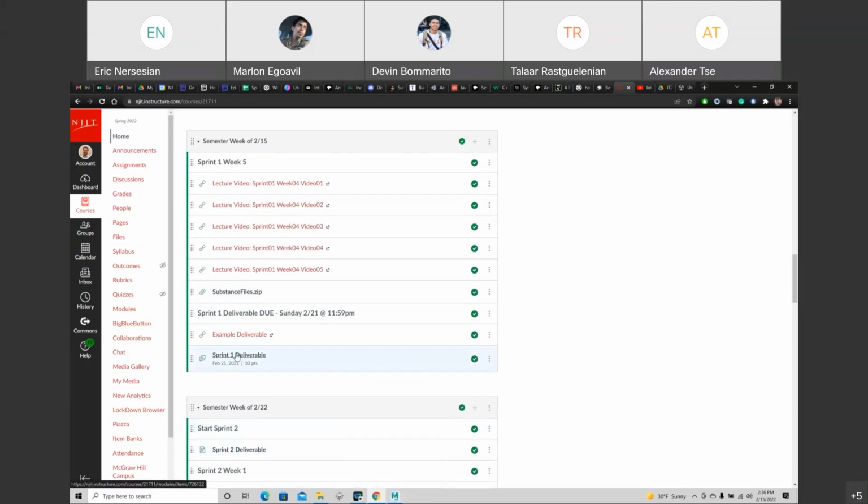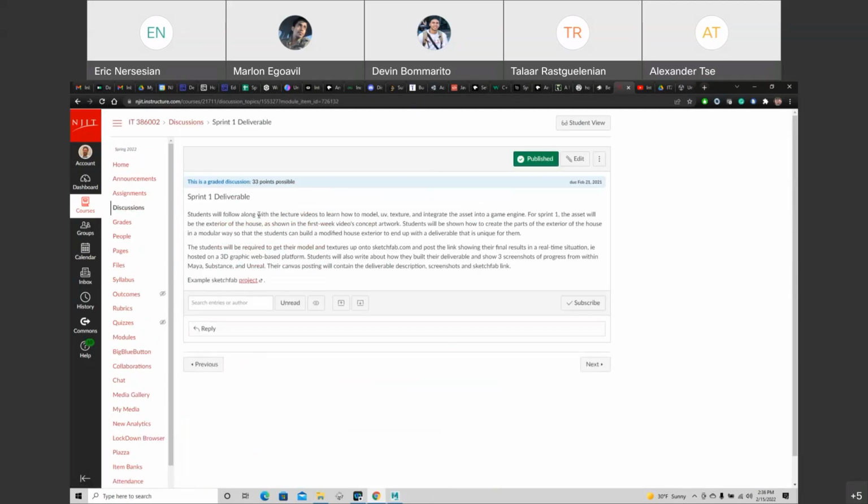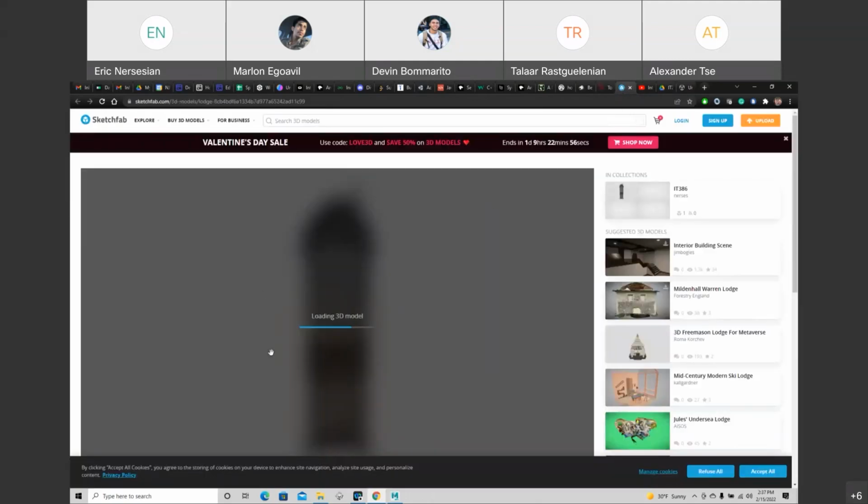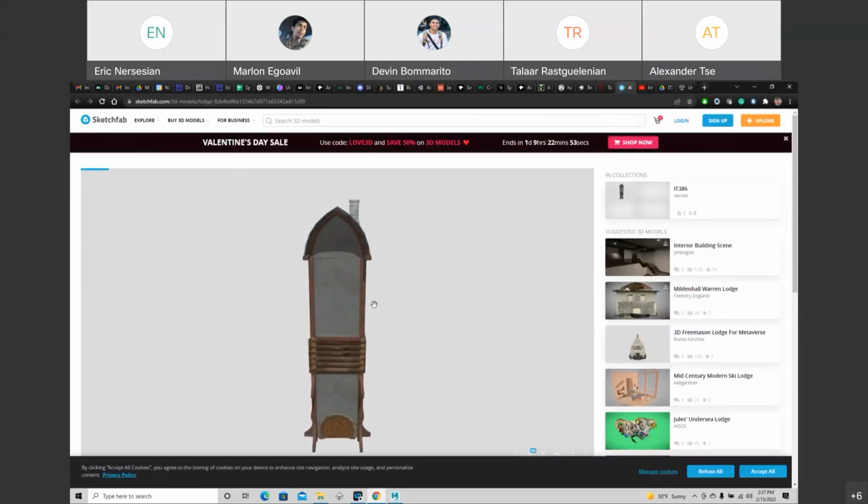Are there any questions about what's expected for the Sprint 1 deliverable? So: a written description, screenshots of your progress, and talking about what went well and what didn't go well. And then the big thing, if you haven't done it, is start working in Sketchfab.